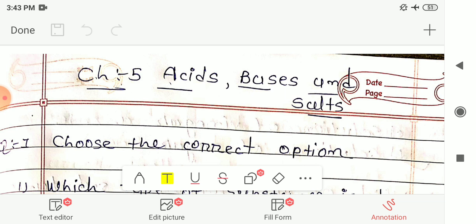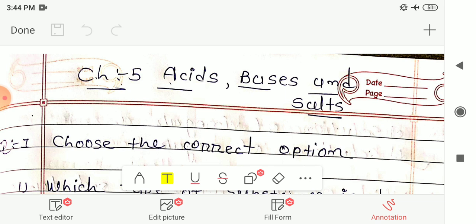In the starting we had seen some examples of acids and bases. So curd, lemon juice, orange juice, turmeric, vinegar, etc. are sour substances and they are natural acids. These are also organic substances. So these are some of the examples of acids that we are using daily in our life.